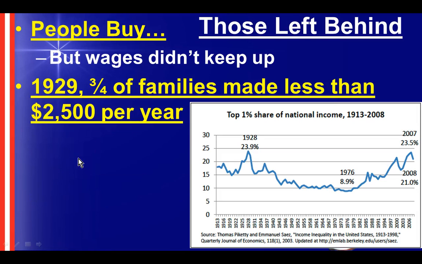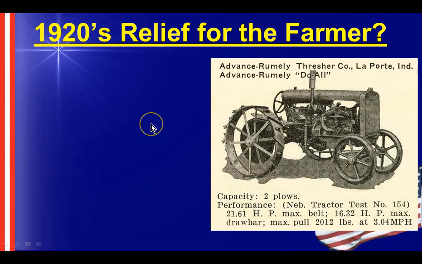Those who are left behind, again, generally the population by the time of the 1920s eventually isn't going to be able to keep up with the cost of goods because of the demand driving up the prices. The wages don't keep up. Remember, unions don't have a lot of power. They're bad, evil. They're the Reds, they're the Socialists, they're the Communists, and there's not a lot of support for them. And most people really are living kind of on the edge.